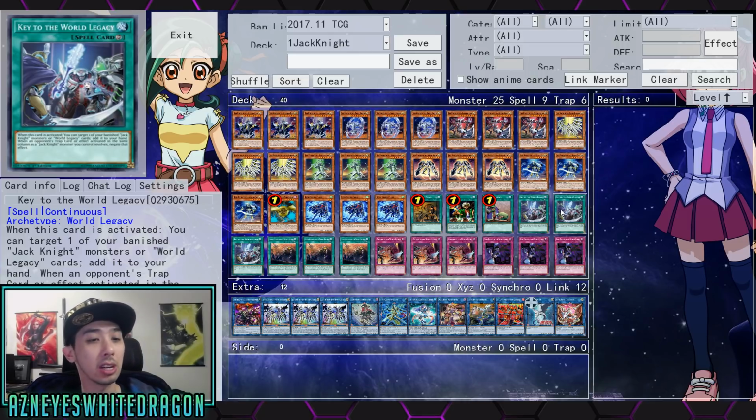So you just target one of your banished Jack Knight monsters or World Legacy cards, and you get to add it to your hand. Then when an opponent's card or effect is activated in the same column, you get to negate that effect. That's actually really good. So if you know your opponent is playing something, you just throw this down in the same column. Really good stuff. It can work well against something like